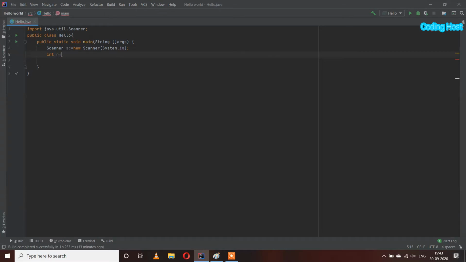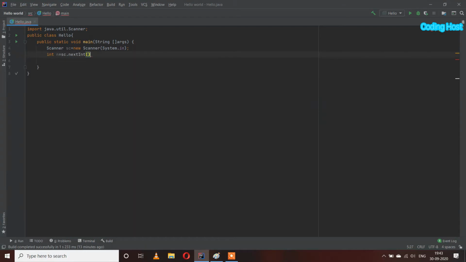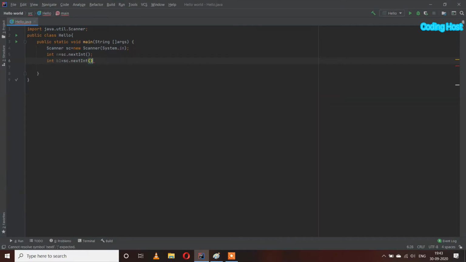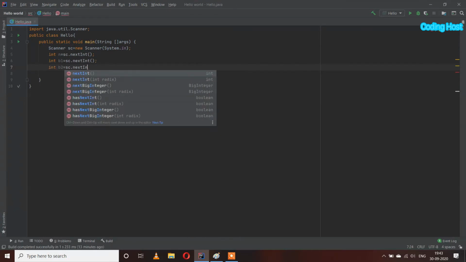So int n equal to sc.nextInt, and after that I will take another variable int b1 to take input of the base of the source number. So int b1 equal to sc.nextInt, and after that we also have to take the input of the base of the destination number. So int b2 equal to sc.nextInt.